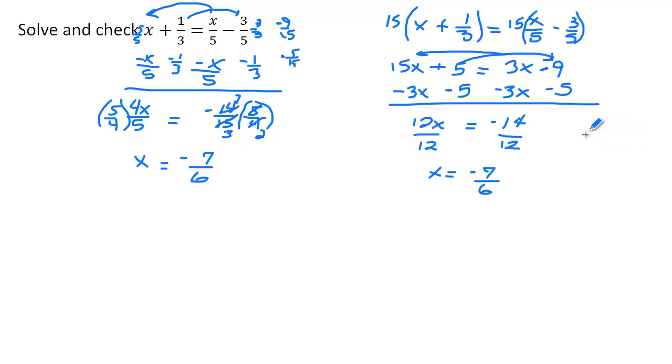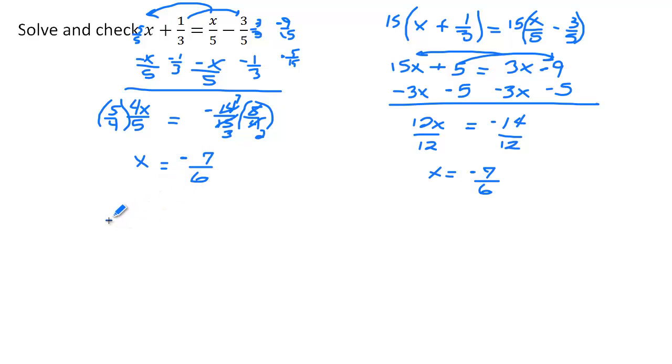So don't be afraid of fractions. They're your friends. You can simplify by multiplying by the least common multiple, or you can get common denominators and actually add and subtract those fractions as necessary. To check this, we've worked it two ways, so it does check out, but you can substitute the negative 7/6